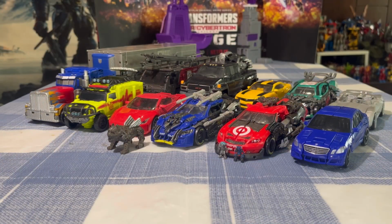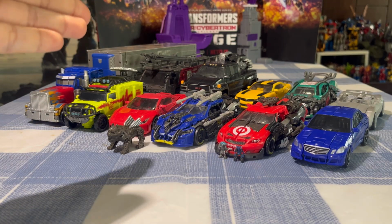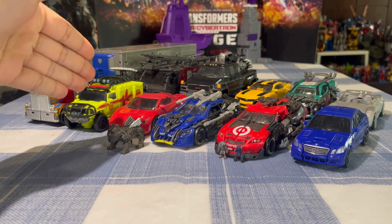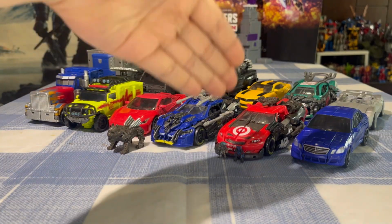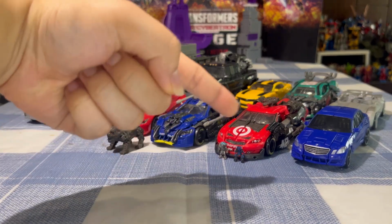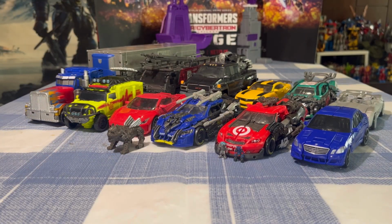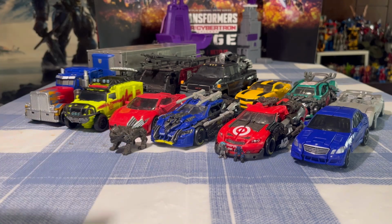And there we go. There we have the full Studio Series Dark of the Moon Autobot family. So we got Prime, we got Ratchet, Sentinel Prime, Ironhide, Dino / Mirage, Topspin, Bumblebee, Leadfoot, Roadbuster, and Sideswipe, along with some minifigures like Brains and Wheelie and Steeljaw. And, you know, Steeljaw didn't even appear in the movie, but he's still a part of the